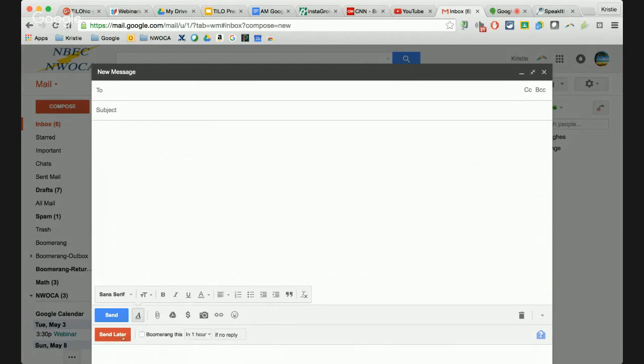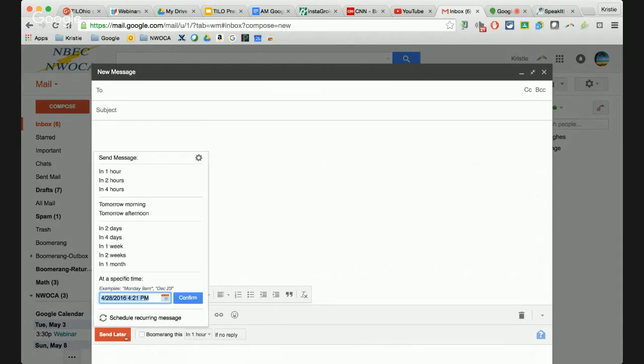The other thing that I can do in Boomerang is, I'm going to click on send later again. I can schedule reoccurring messages. So let's say every Monday morning, I send a message as a reminder to a new group. And I can go ahead and